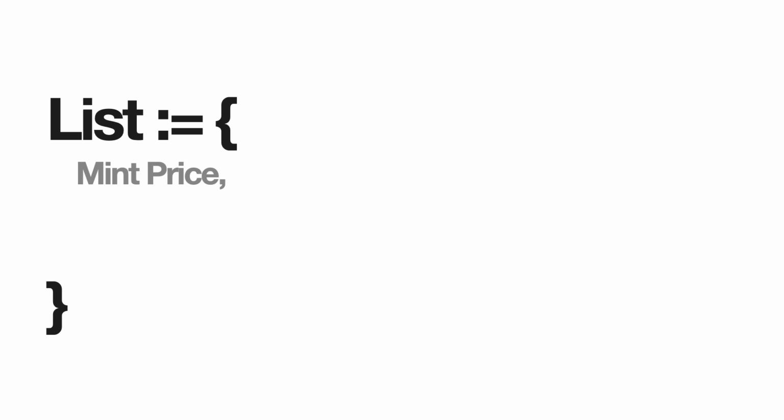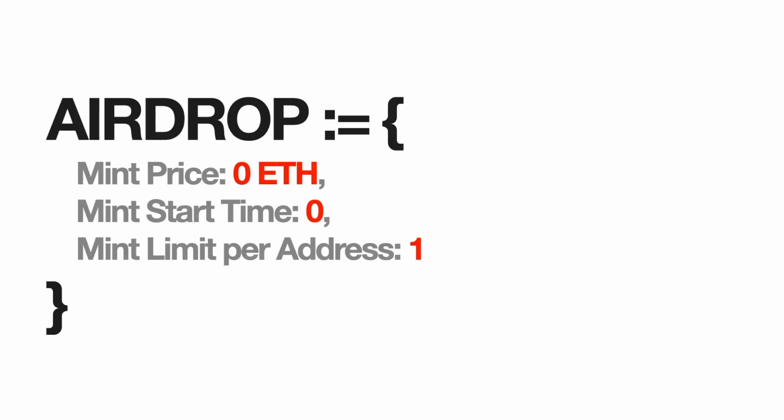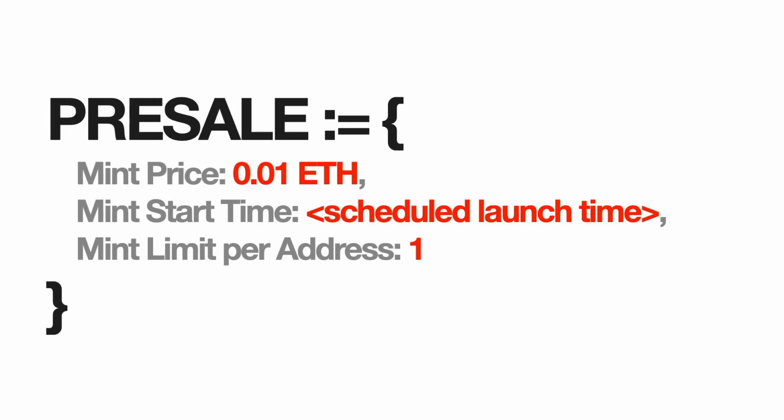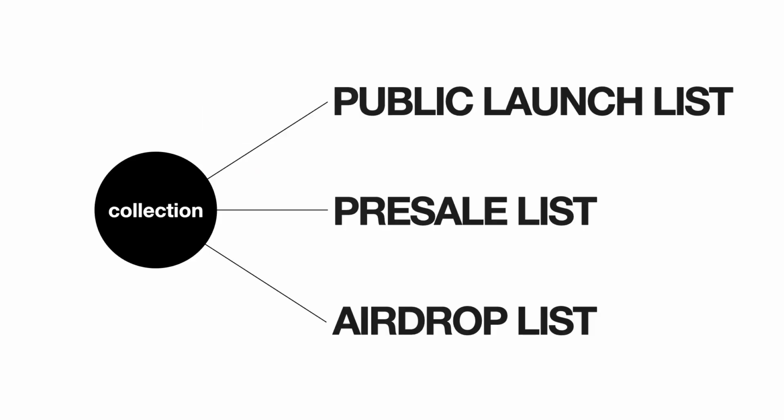It's very simple, but from this simplicity we can build sophisticated strategies. You can use a list to create an airdrop list that lets certain addresses mint for free. You can also implement a whitelist for a pre-sale. You can also schedule a public launch time. Best of all, you can create as many lists as you want, and mix and match all these strategies together